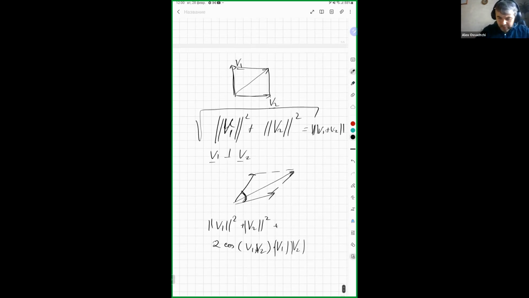So if they are orthogonal, then this cosine is 0, and you get the simple formula from the Pythagoras theorem, right? And if they are not orthogonal, then you have to take this term into account because they project onto each other, okay? And therefore the coordinate of some other abstract vector,